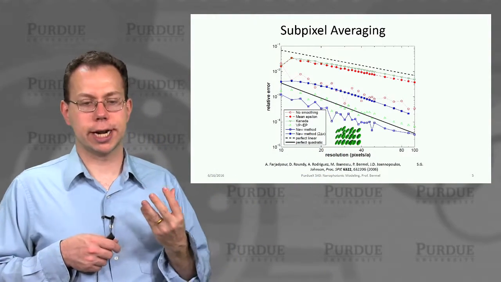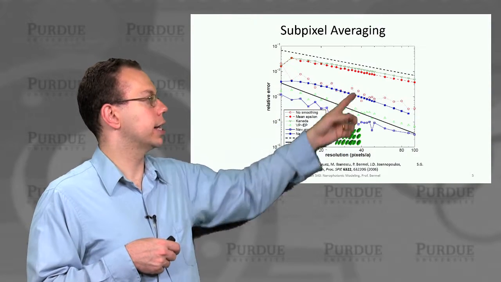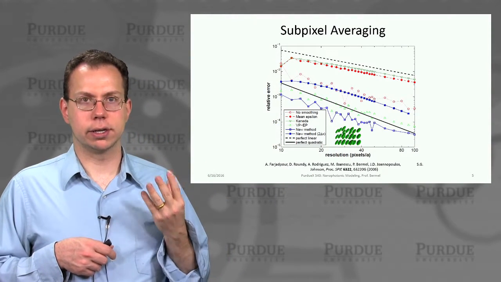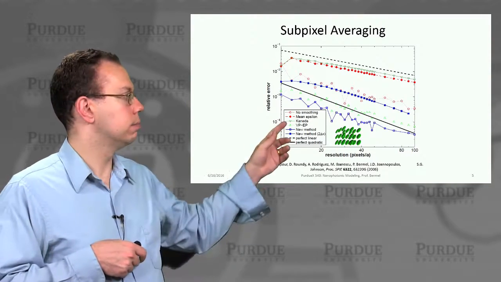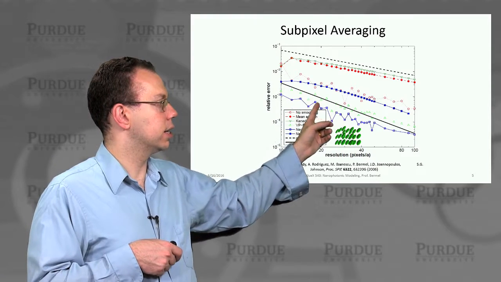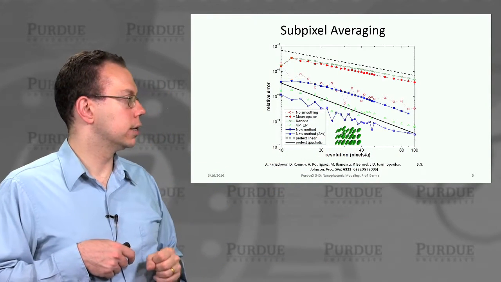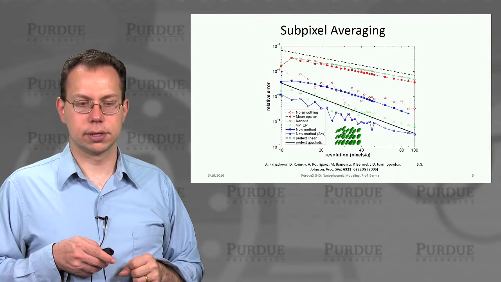We want quadratic, but you can see that some of these more naive methods are just going like 1 over resolution. So that's not really ideal. But if we implement MEEP, then you can see that it actually comes very close to this 1 over delta x squared type scaling, which is very helpful.